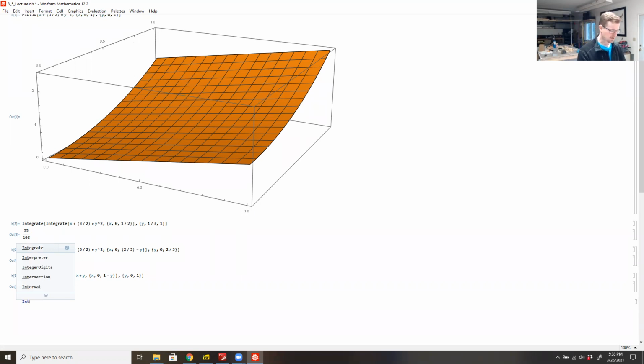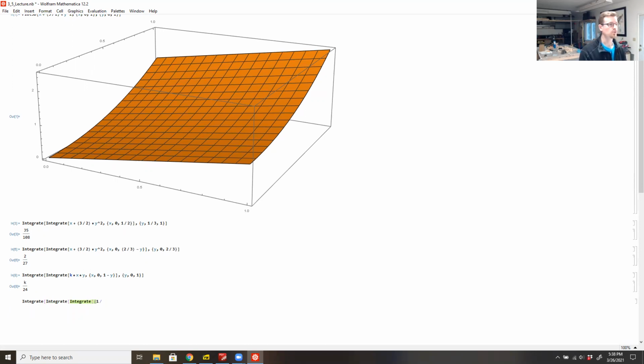So we have to perform three integrations. I'm just going to type it all in at once this time. My outermost integration is the integration with respect to z, so I write that one first. But before I can integrate with respect to z, I have to integrate with respect to y. But before I can integrate with respect to y, I have to integrate with respect to x. And what function am I integrating? Well, I'm integrating